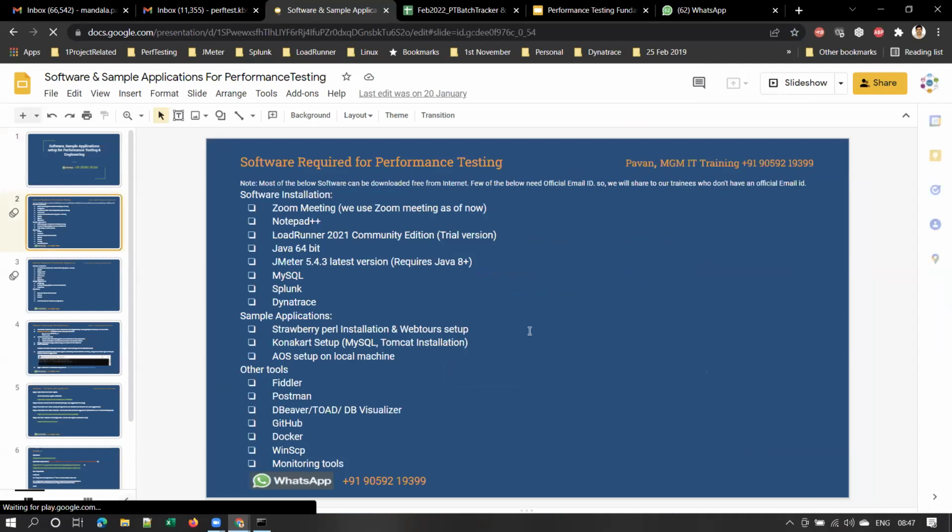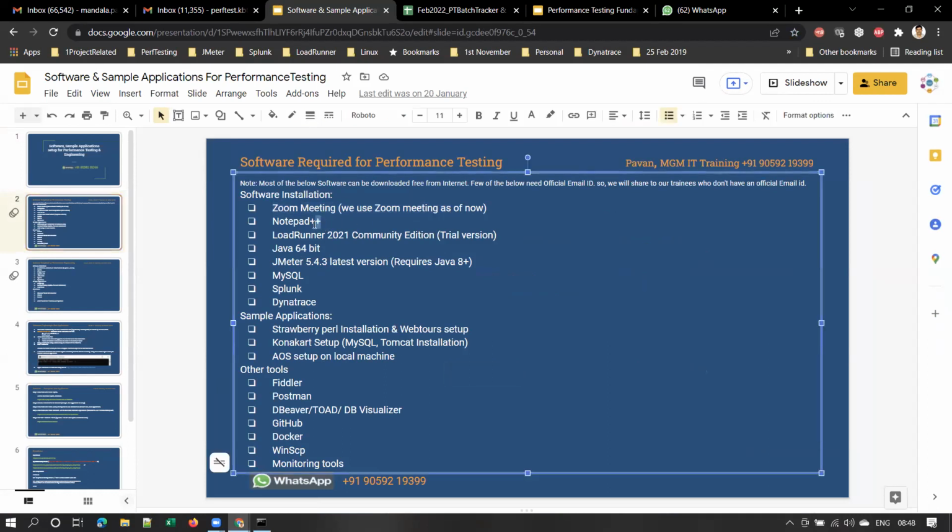It lists the different software required for performance testing training, and the sample applications and other tools required. I hope everyone has installed Zoom already. Every one of you should install Notepad++ on your machine if you don't have it. And LoadRunner 2021: I will help you install it once we start LoadRunner.